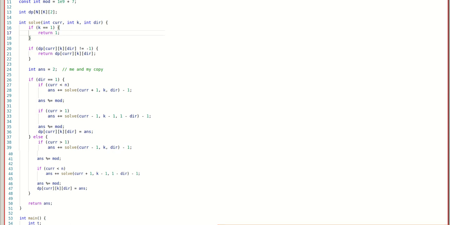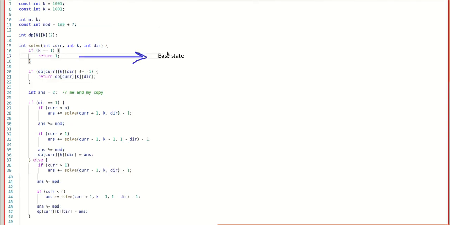What does this solve function do? If you want to consider this as a black box, for clarity, this is a black box which returns you the value of a DP state. You pass i, j, direction, as I already explained previously, and it will give you the value of that DP state. So that is cool. Firstly, as I already told you, in a DP there are three steps. So firstly, let us write the base state. This is our base state.